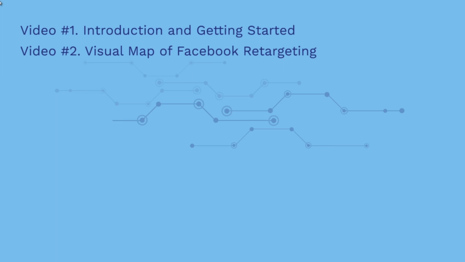A lot of times people jump straight into showing you how to set things up. But unless you really understand how everything fits together, what connects to what, it's really going to become confusing. Because if you set up an email opt-in retargeting campaign, a blog post campaign, or a purchase retargeting campaign, every one of those is different. Once I show you the basics via a visual map, that's when we show you some real life examples